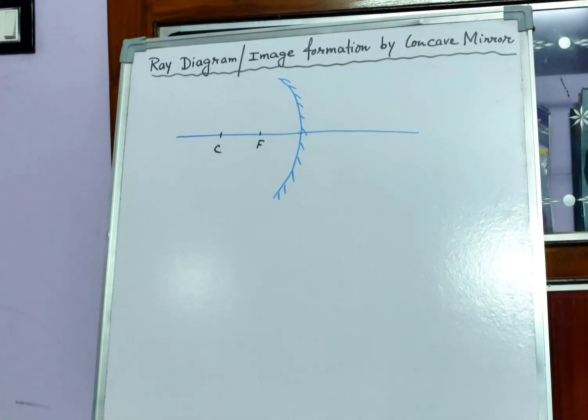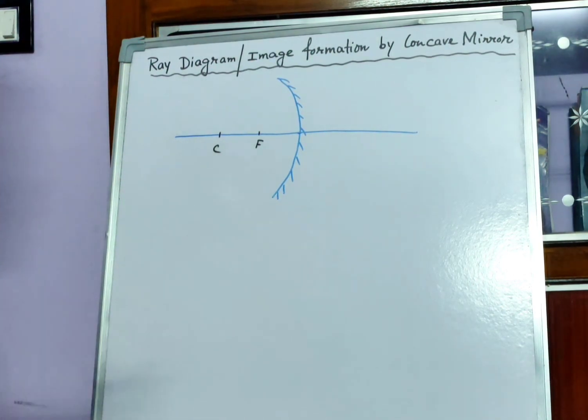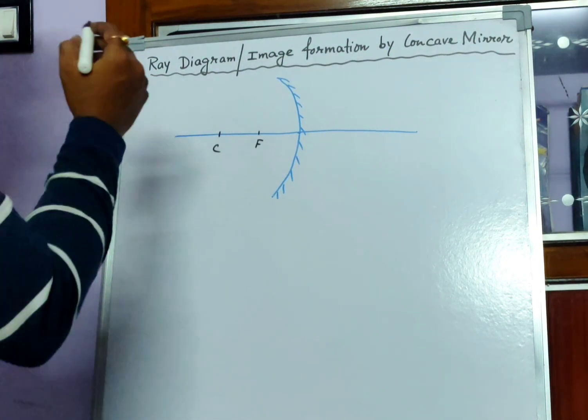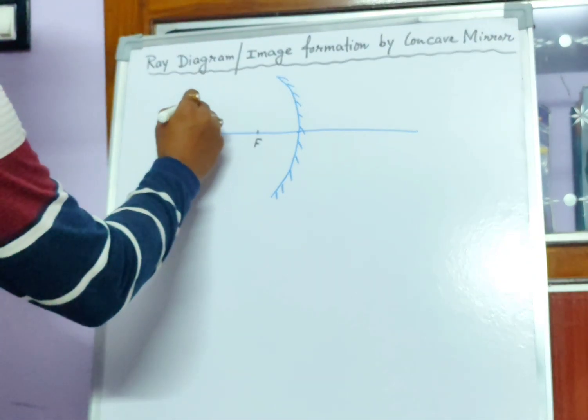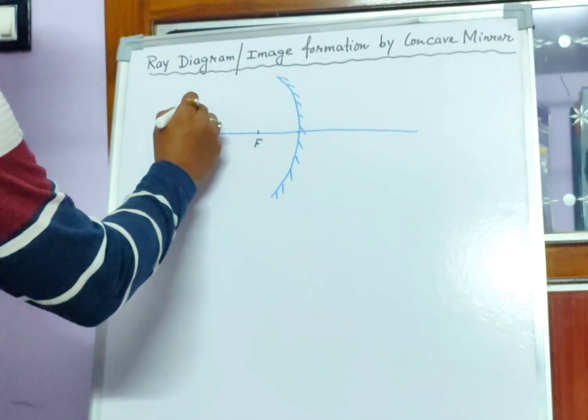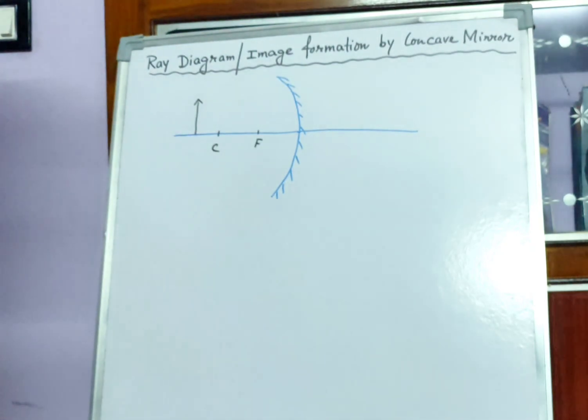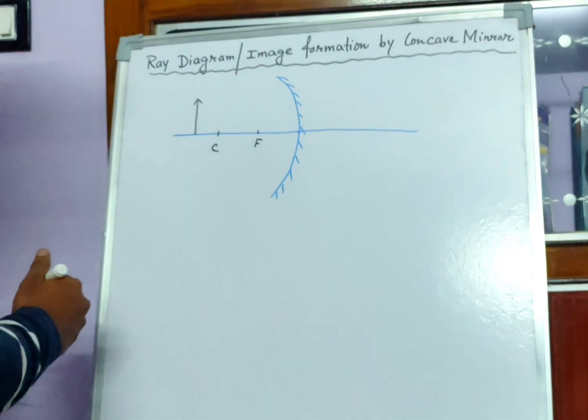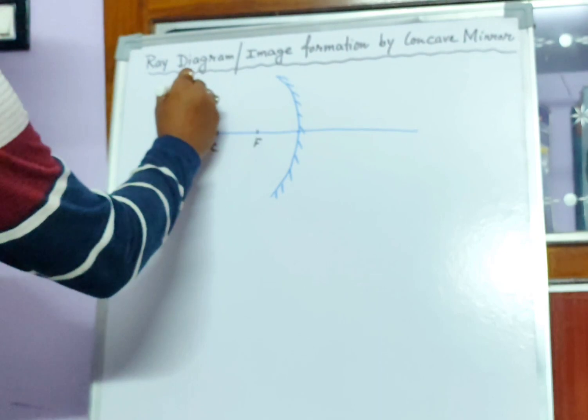So the basic information of concave mirror I have already explained in the previous video, so just see the previous video, you can understand. Now for how many positions can I place the object so that I can draw a ray diagram or I can get an image, right? You have to place the object in front of the mirror. This can be an object which is beyond C, right? This is the first position you can consider.